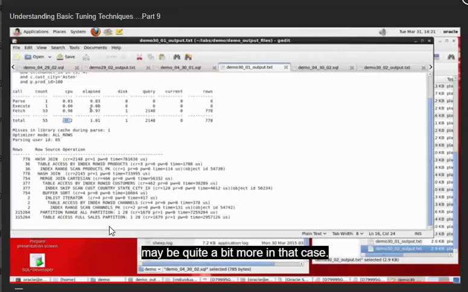So this completes this lesson. We have an interesting practice that we're going to do in another segment where we're going to look at rewriting queries for better performance, just showing you some